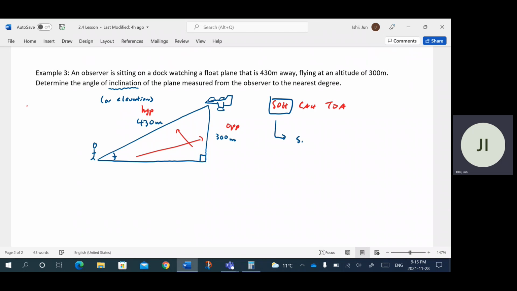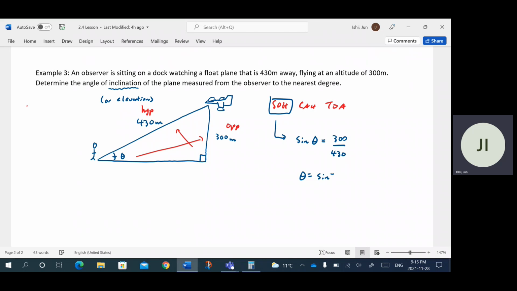So if I set up the equation, we'll call this angle theta: sine theta is equal to opposite, which is 300, over hypotenuse, which is 430. So to find angle theta,